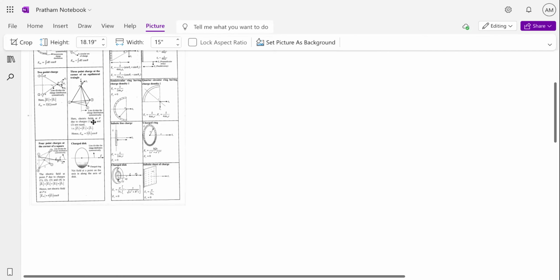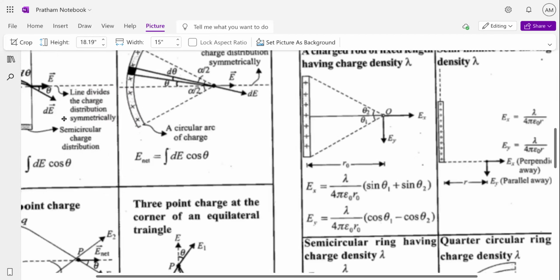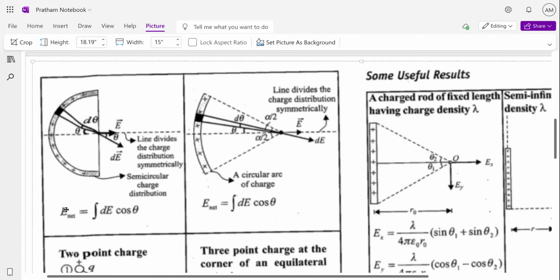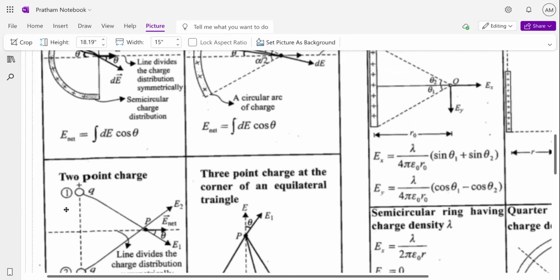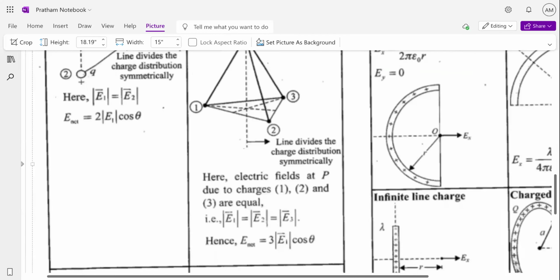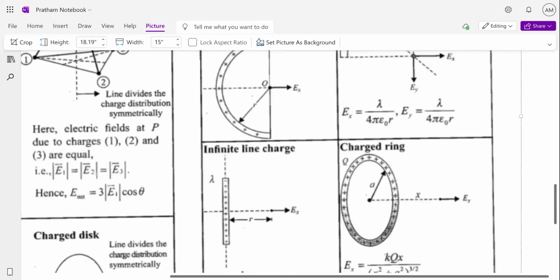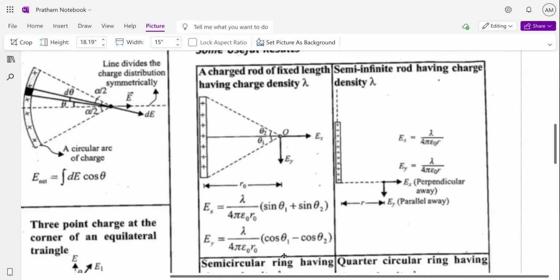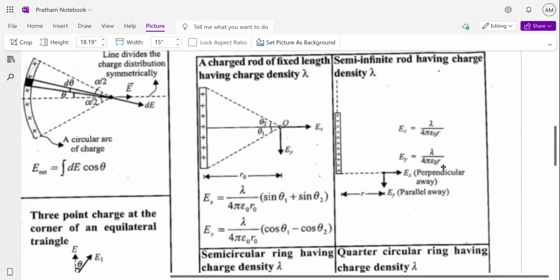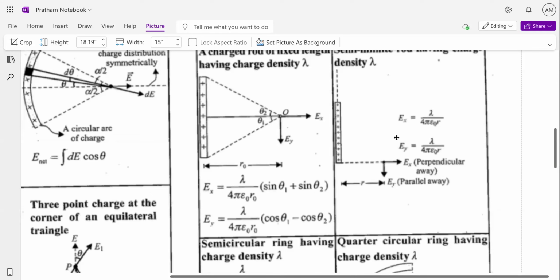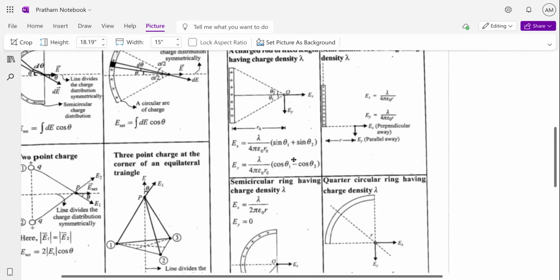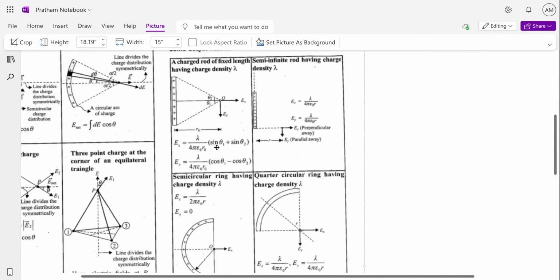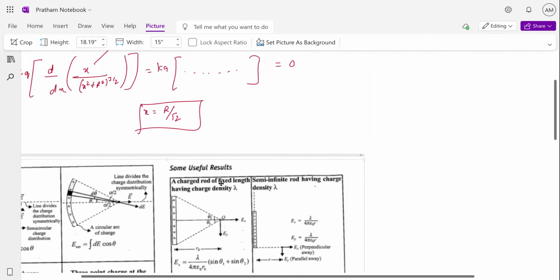Yes, sir. Okay, so you can go through each one by one. If you see carefully, let's check this one. Not this, this is two point charges. Remove it. If you see carefully, this one is the finite rod case. We already discussed these two formulas. If it becomes semi-infinite, you will be getting these kinds of formulas. Clear? Yes, sir. Right. One more thing, if you see carefully, all these formulas contain the density portion,